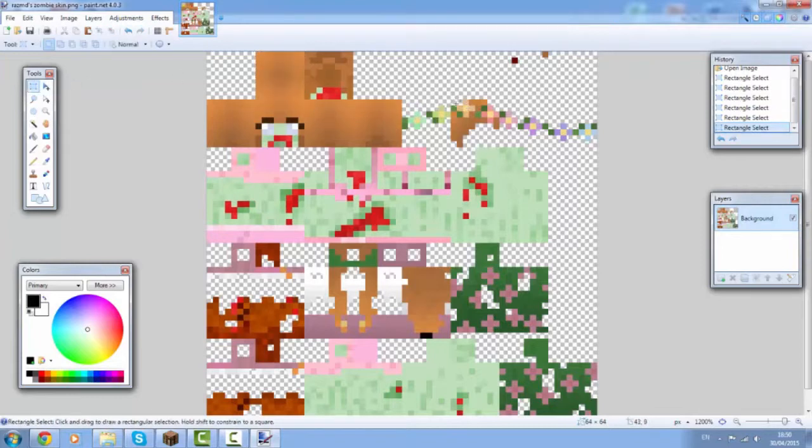So let's take this part for example. It has a transparent part in it. This is transparent, all of this section is transparent, and like this and this. So in that case, you're going to take this tool, which you can adjust the size of, but as you can see when I adjust the size, it makes kind of half shaded colors, and we don't want that because Minecraft doesn't support that. So in that case, you click on this and it changes to nearest neighbor. Then it won't actually make any half transparent pixels. It would literally just do this.